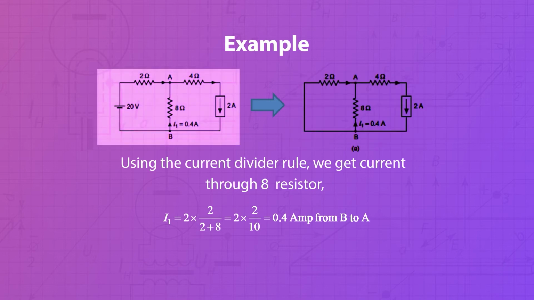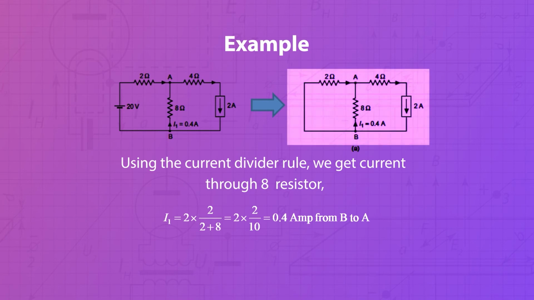So what is the first step? You have to consider one source at a time. So in the first step we are going to consider the 2 ampere current source, and the remaining source has to be replaced by its internal resistance. And what is that remaining source? That is the ideal voltage source which has 20 volt. As you know, internal resistance of an ideal voltage source is 0. So you are replacing this 20 volt voltage source by a short circuit.